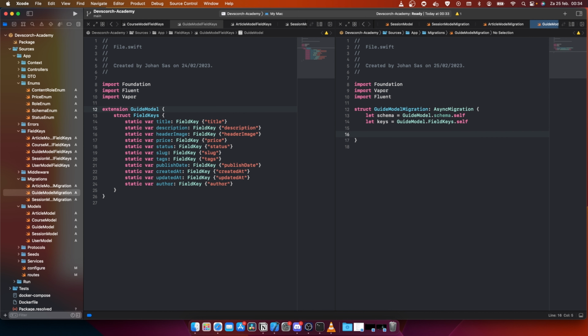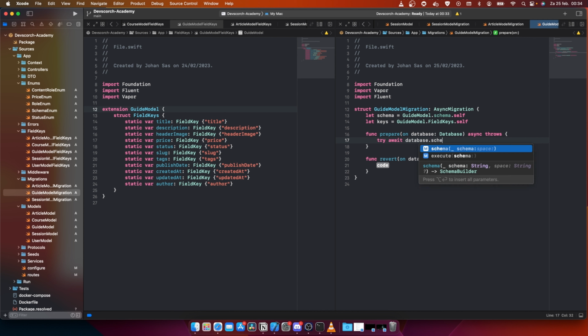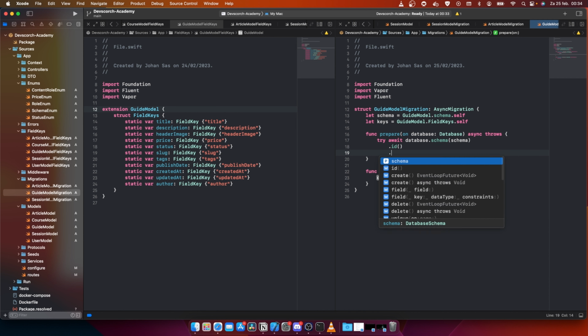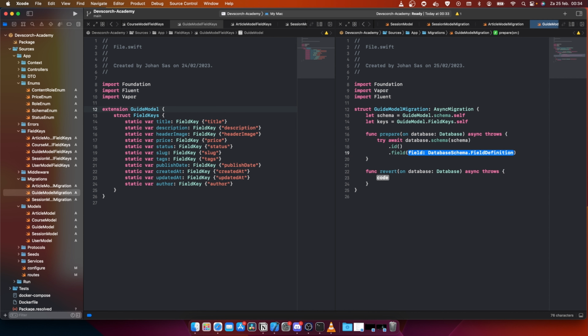To that where, and we're gonna do a revert. We're gonna do the same again. So let's see. Dot try await database schema ID field, and the first field is going to be keys.title